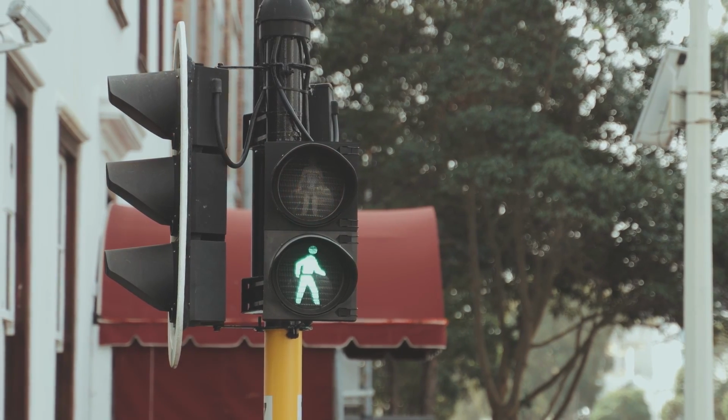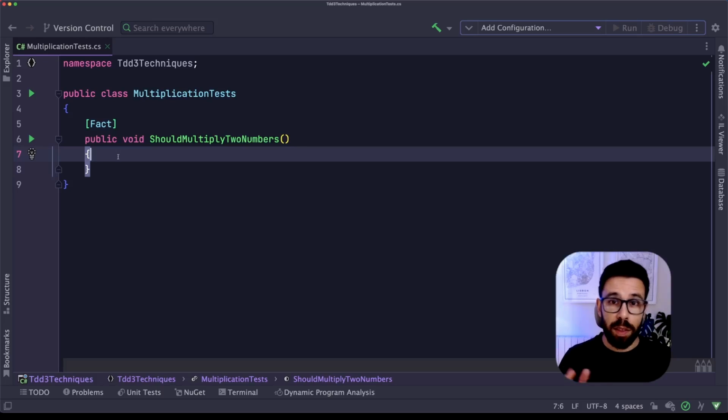Here are 3 techniques to get you from the red to green. Even if you are familiar with TDD, probably you are only aware of one of them. And that one may lead you to think that the red-green refactoring is just a waste of time. Let's use a simple example like the multiplication just to show those 3 techniques so you can understand the difference